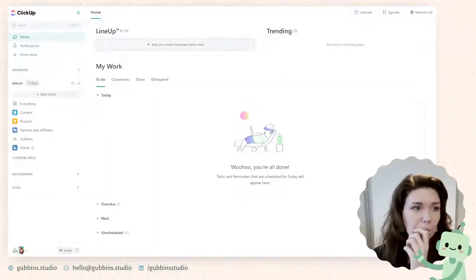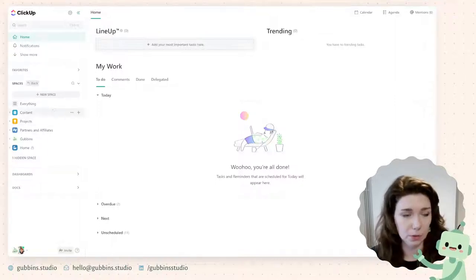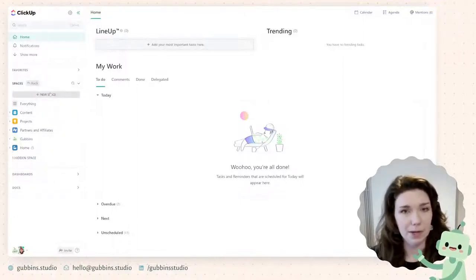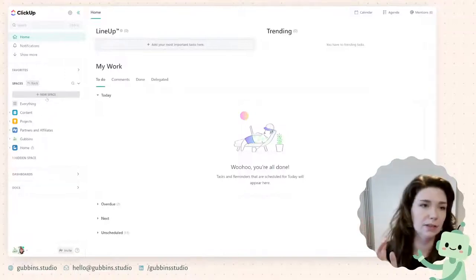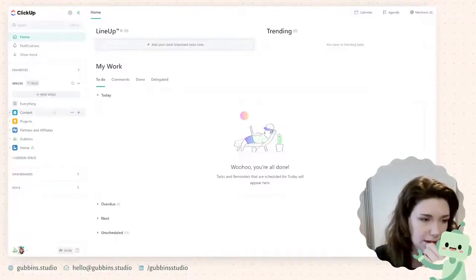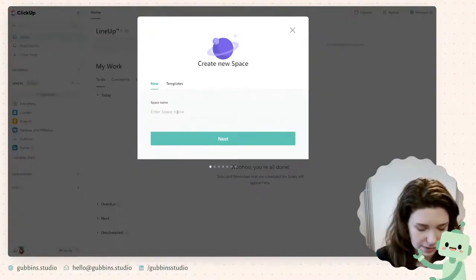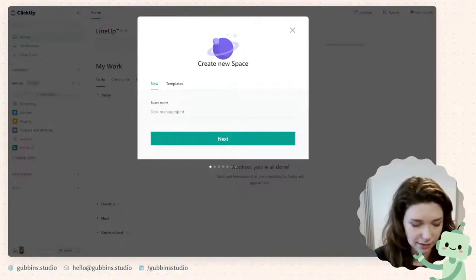So kind of like how we've had with Asana, ClickUp will also have spaces. These are areas, and you can see I've kind of started using it already, where you can keep all of your tasks and documents and stuff in one place. So for today, let's make a new space just so you can see what it's like.